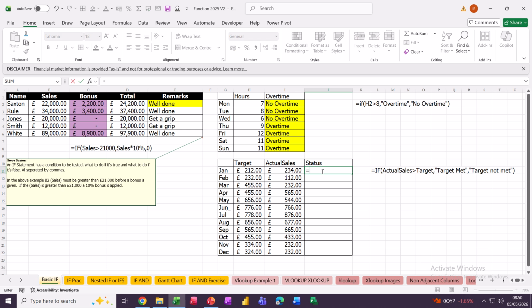So it's equals if, pressing my tab key. So if actual sales, so I'm typing actual sales is greater than, I could do equals to as well, than target, that's the test, comma, I want it to say target met, in quotes, comma, so if that's not true, it wants to say target not met, in quotes, and then closing the bracket. Then when I tick that,